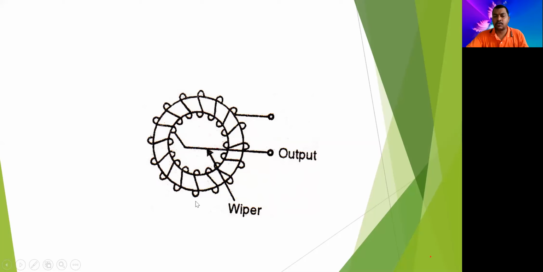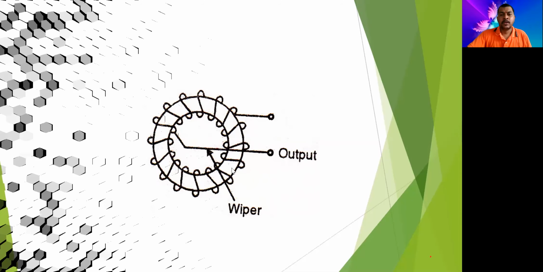So this is another type of the working concept of self inductance, where the coil is same and we can rotate the pot, so that will have different windings, number of turns. There we are having the number of turns may be increased or decreased, and accordingly the self inductance can be varied. So this is the second type of the transducer.